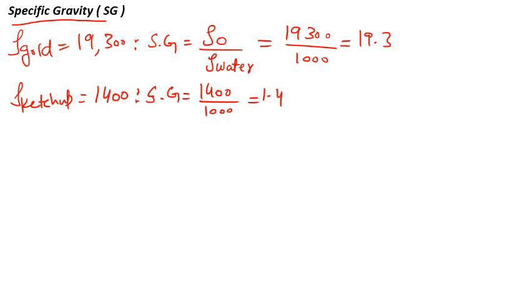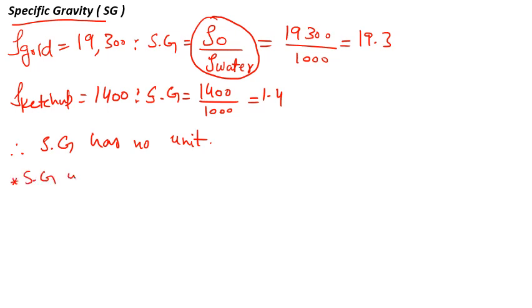ठीक है जी, एक और चीज जो नोट करने के लिए है इस स्लाइड में वो ये कि आप देख सकते हैं कि specific gravity is basically ratio of same properties, therefore इसकी specific gravity has no unit, it's a ratio of same units, therefore those units get divided and therefore specific gravity has no unit। ओके, तो real world basically applications में जो specific gravity है, that will tell us about